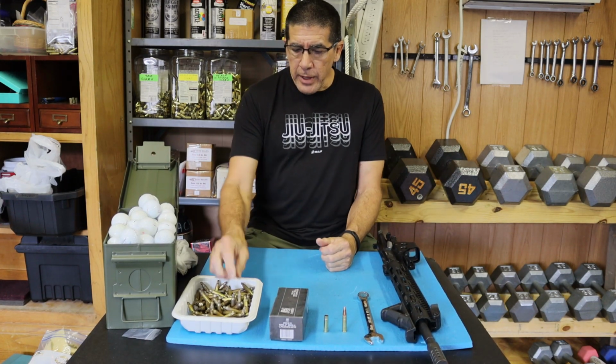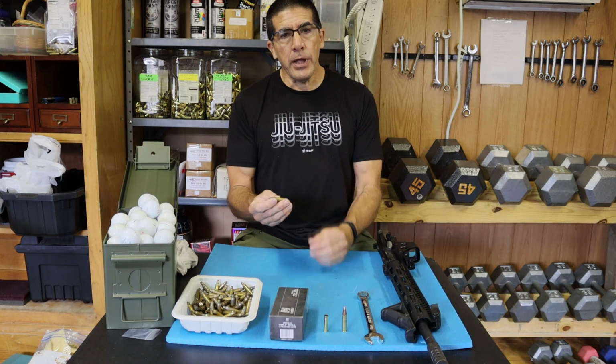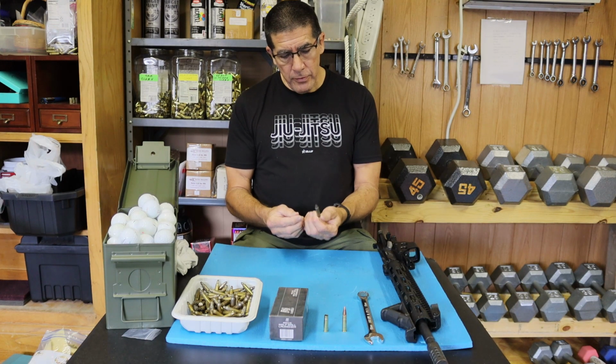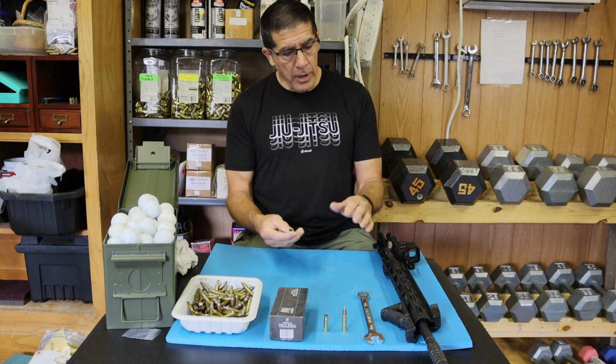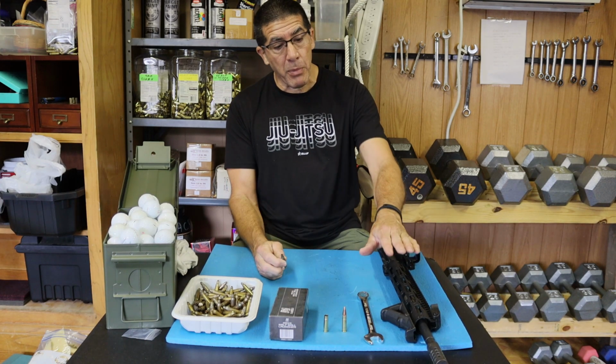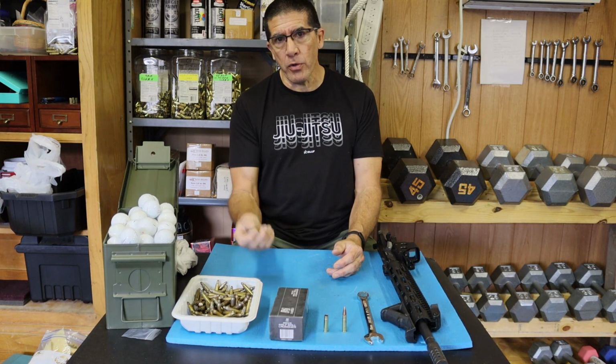So at a warehouse sale, I was able to find and purchase some 223 blanks. These are Lake City blanks for 223. They'll work really well in a gun, but they will not cycle it. There is a blank adapter that I can buy and put in the end, and it will cycle the gun